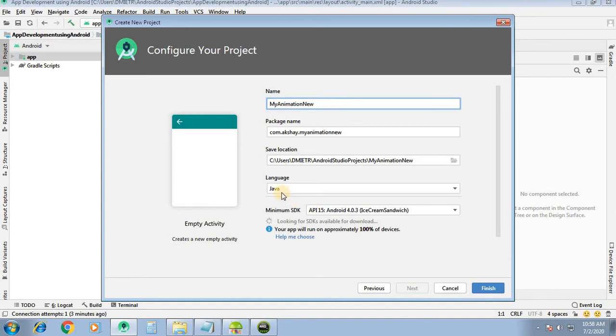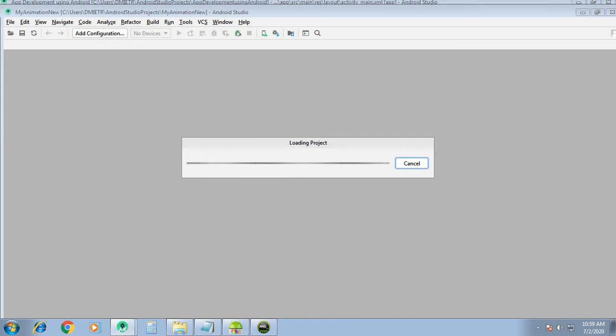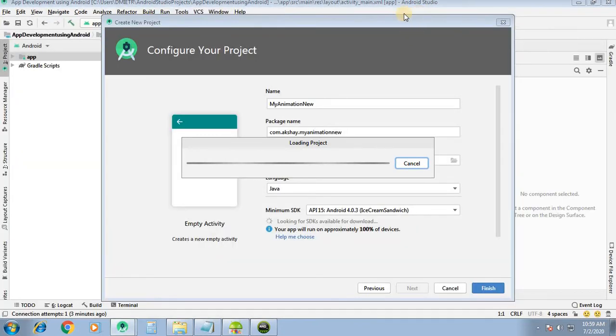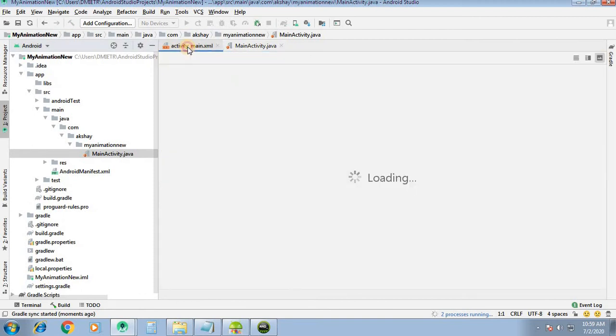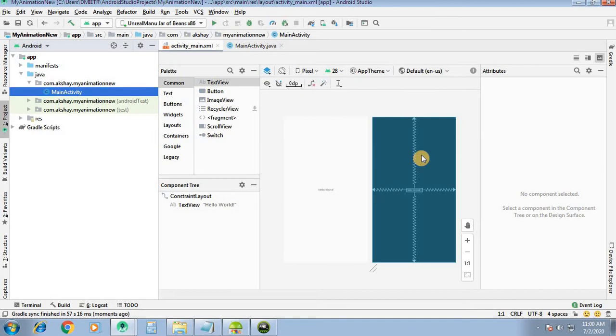Then the language is Java and the API level is 15. Click on Finish. So our project has been loaded. Now it is ready for use.